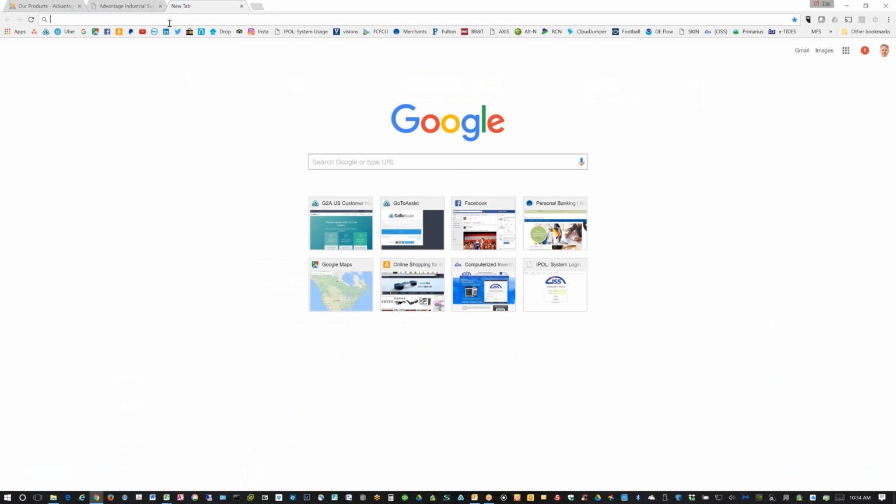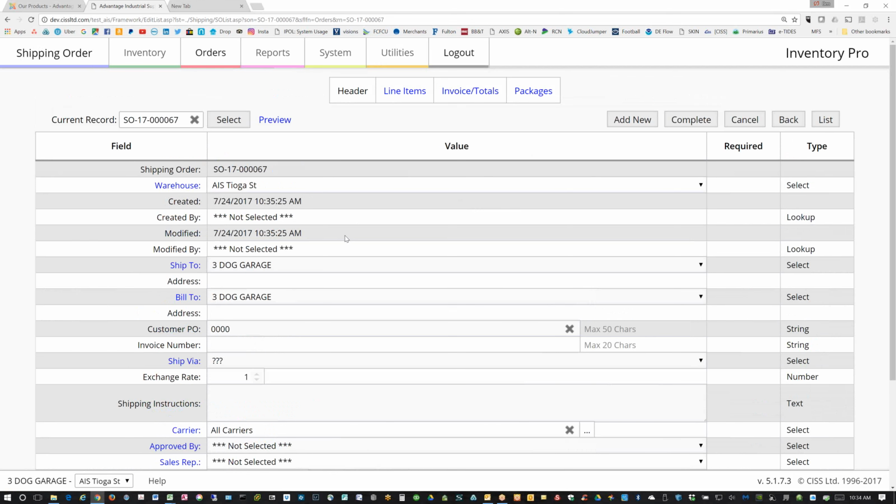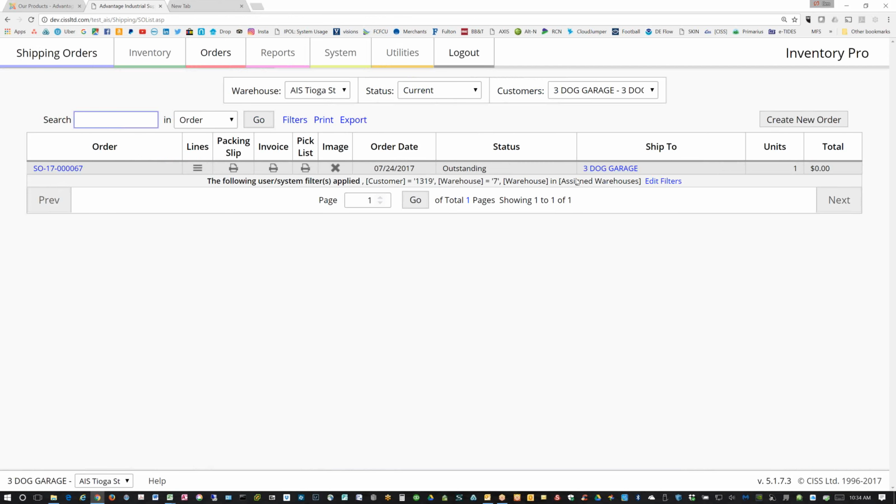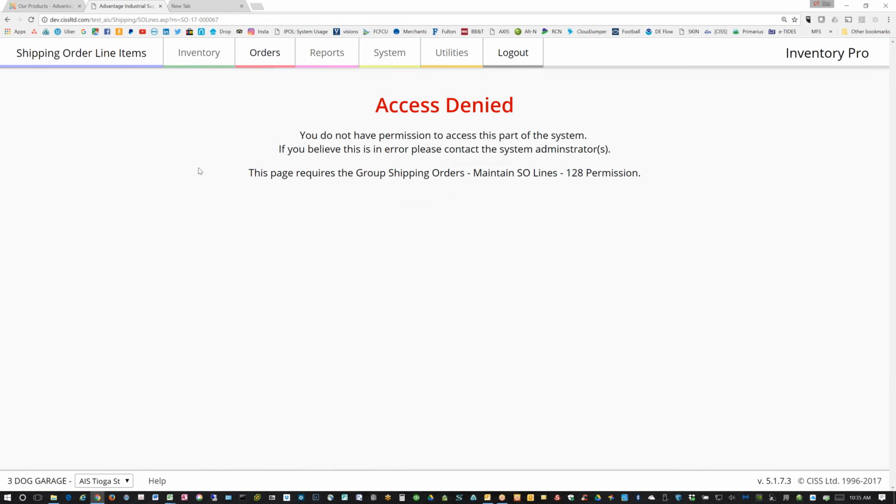So if I click on the shipping order, it takes me into the warehouse. Is it Keith in your warehouse? Keith would go in and see this order. Kelly's in the office. He can click on shipping orders, and it's going to give him a list of all of the open orders. So this is the order that we just created. And then if he clicks on line items,